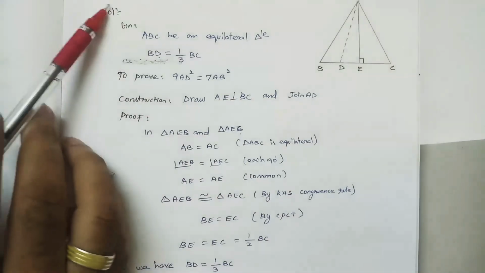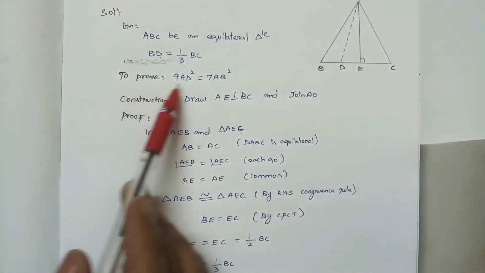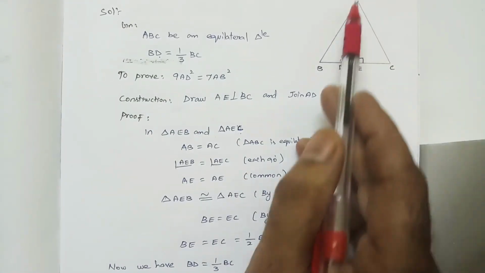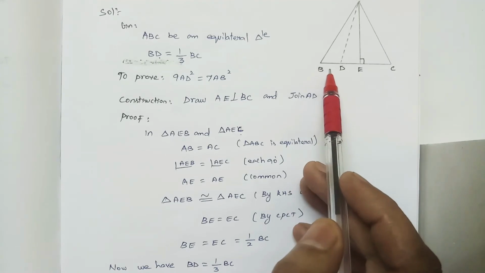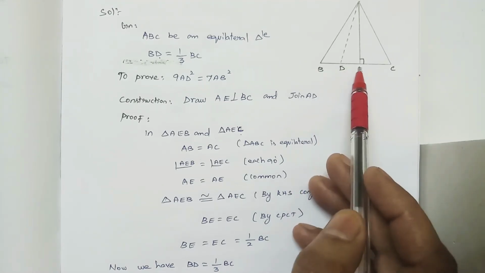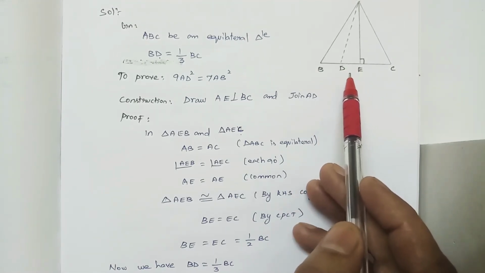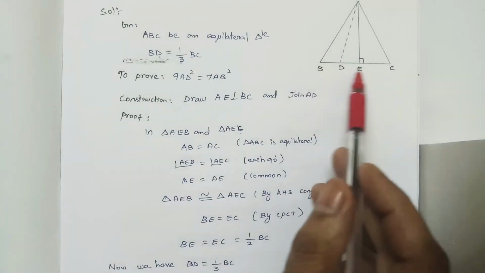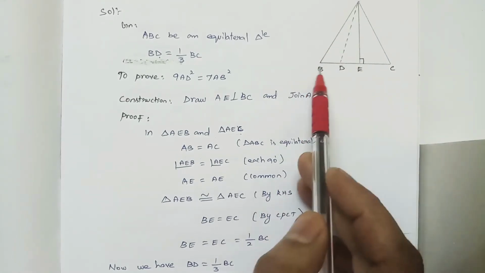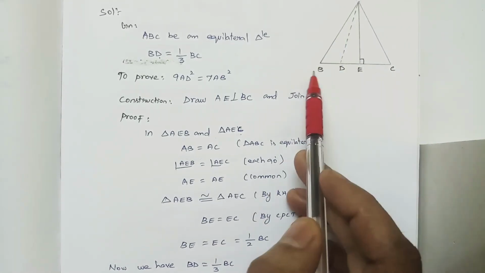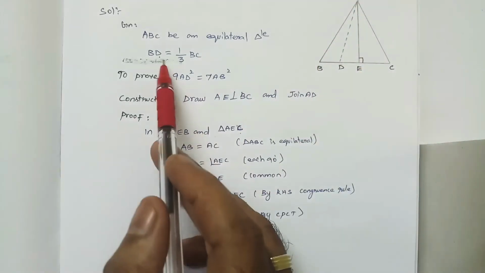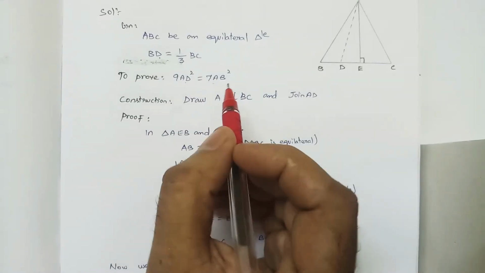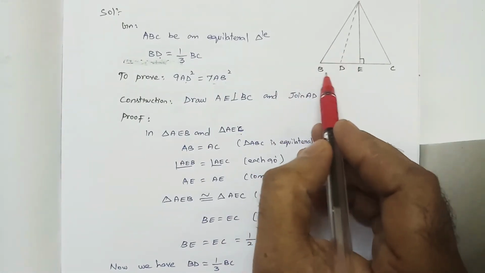In the right triangle, what do we want to prove? We want to prove something about AD square and AB square, only AD and AB alone coming. Suppose we have DE or BE. So first I am going to convert in terms of BC. Why? Because BC is equal to AB. If we have it in terms of BC, then we can convert into AB. We only have AB and AD alone, so we just have the one side BE and DE.